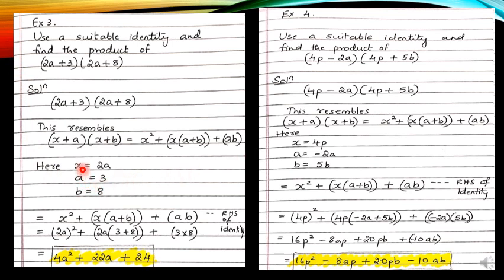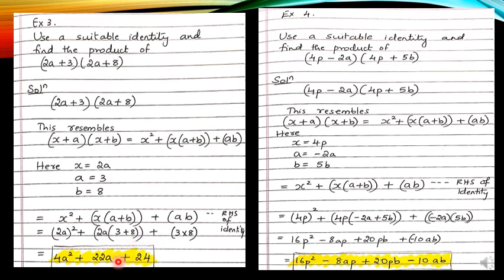After finding the values of x, a and b, we shall start substituting in the RHS of the identity. So write the RHS again. See that you write it properly. Don't write it very close so that you will not understand the terms properly. Since we have to get 3 terms in the answer, see that you write the 3 terms separately and clearly. Now x square means what? What is the value of x? X is 2a. So x square is going to be (2a) the whole square, plus x is 2a, a is 3 and b is 8. So x into (a plus b) will be 2a into (3 plus 8). Then the third term is ab. ab means 3 into 8.